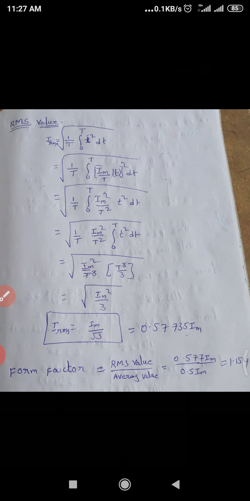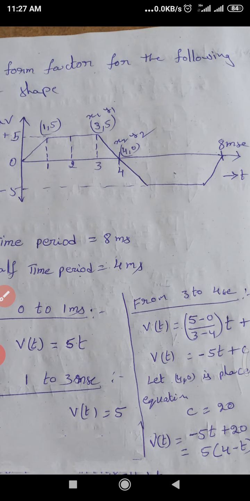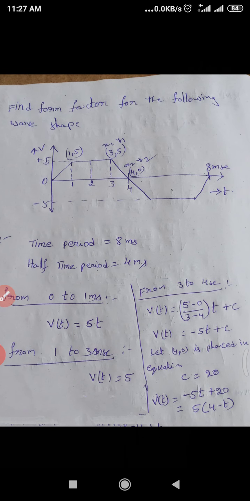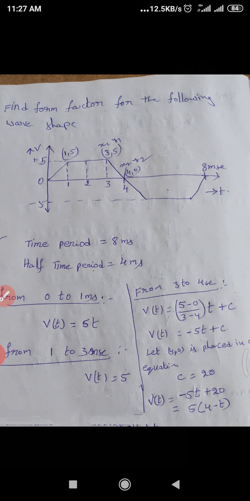Okay, now let us see another problem. Here is another problem. Find the form factor for the following wave shape. Here we see this is a trapezoidal waveform. Trapezoidal waveform, so totally